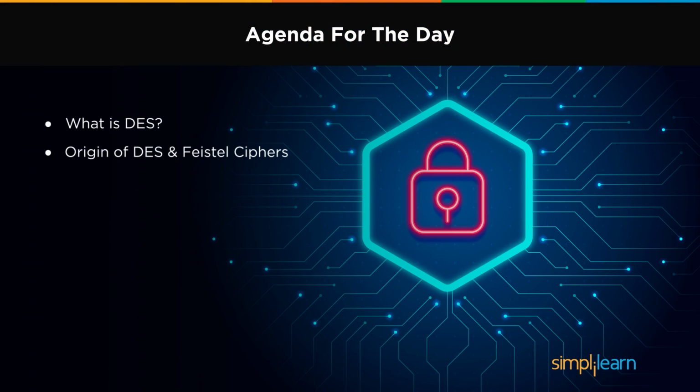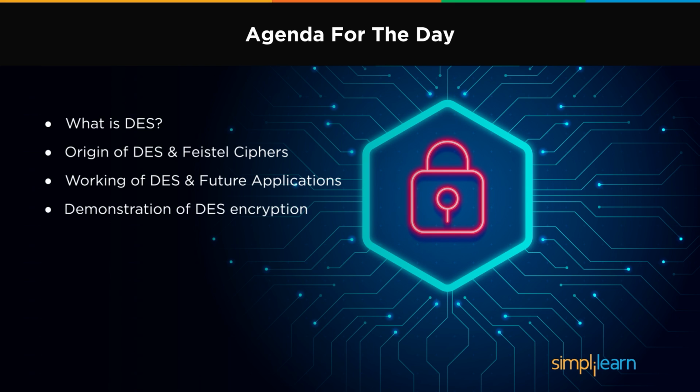We then cover the origin of this algorithm and how Feistel ciphers played a huge role in the formation of this encryption standard. We cover all the steps in a DES encryption phase and also take a look at the future of DES, especially with other algorithms having entered the market. We have a small demonstration of how the DES algorithm uses a key to convert plain text to ciphertext